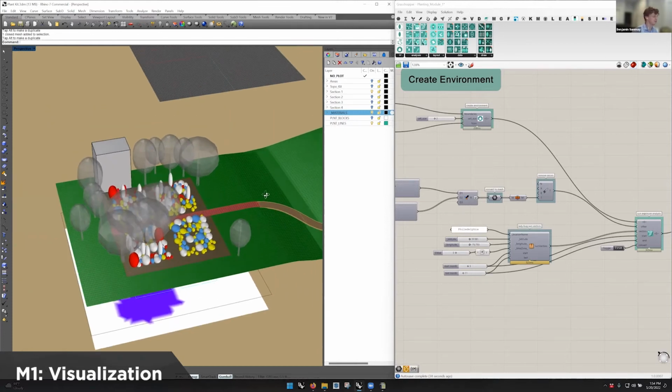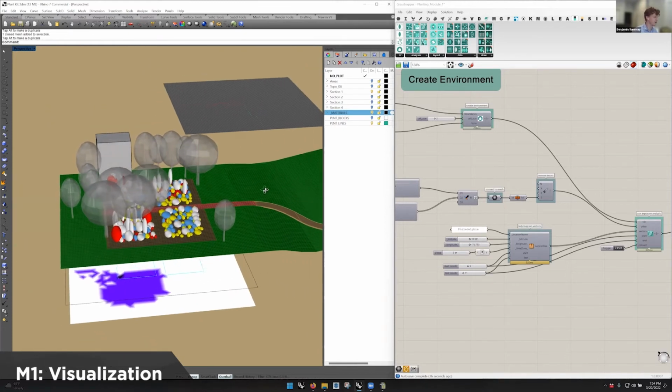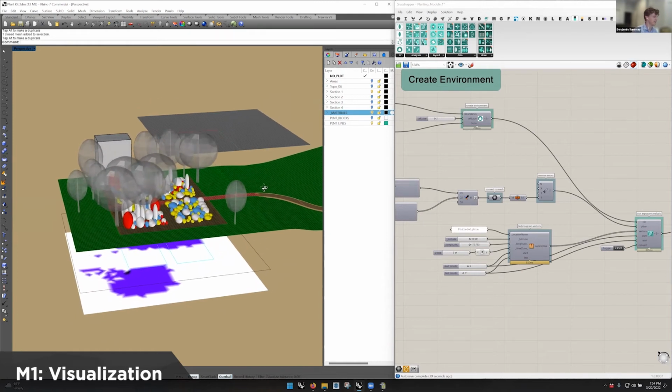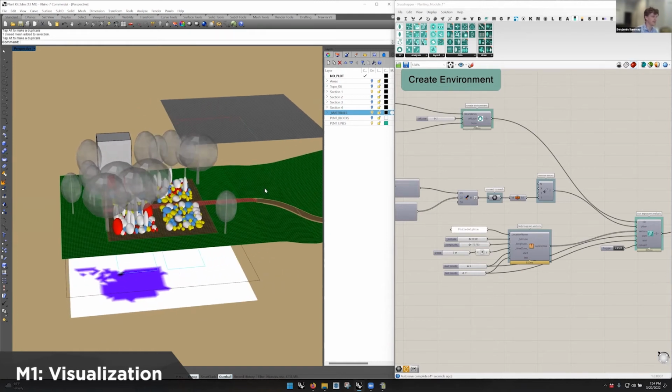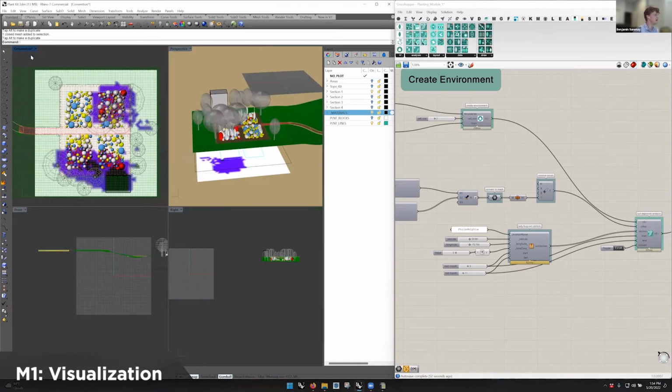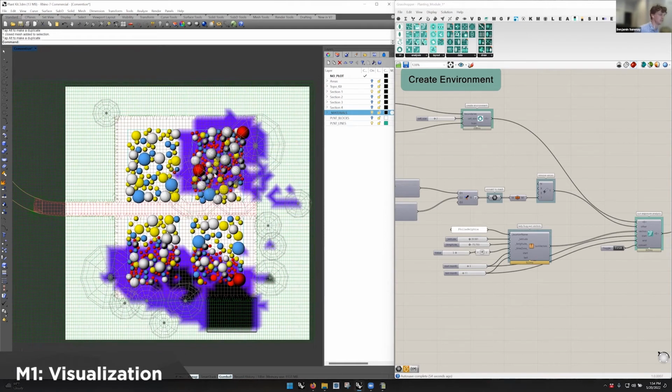But yeah, this is just a quick example to showcase very quickly and simply that you have an environment that we've created, you have a specific niche value of each plant's sunshade analysis that we've applied to it, and then you're seeing the plants actually responding to those environmental conditions live as we're changing things around and updating things. But we'll shift on to module 2, unless you have something you want to mention about this, Chris. Well, I was just going to say, I would encourage people to move the tree around,